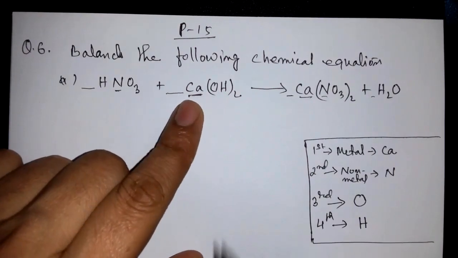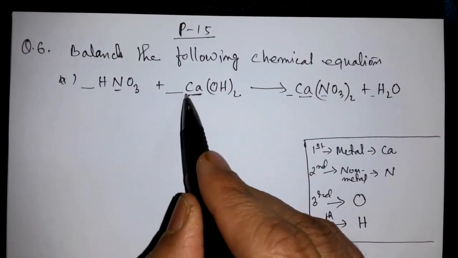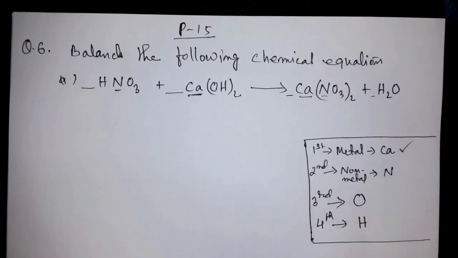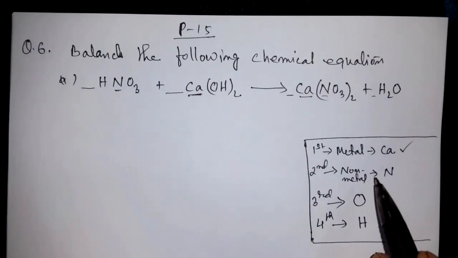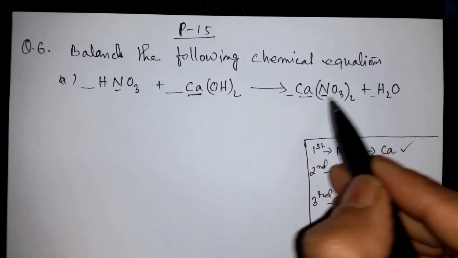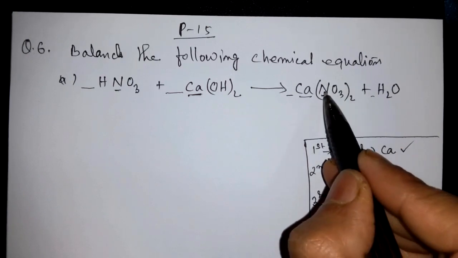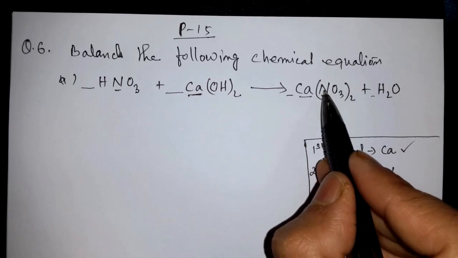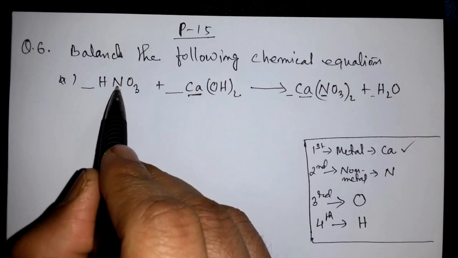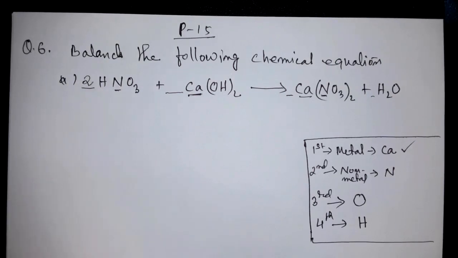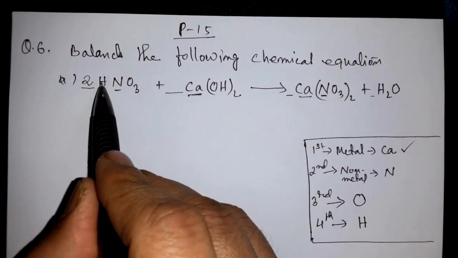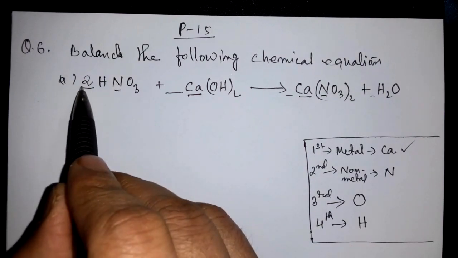So this calcium has no number, meaning 1 calcium. This calcium also has no number, meaning 1. So calcium is balanced right now. Okay, so for calcium, don't do anything. Next, nitrogen. Now here nitrogen, look at this bracket 2. This means this 2 is for this also, it is for this also. So this nitrogen is 2, but here nitrogen is 1. So to make this nitrogen also 2, you write 2 here. Now check, nitrogen is 2. This nitrogen is also 2.